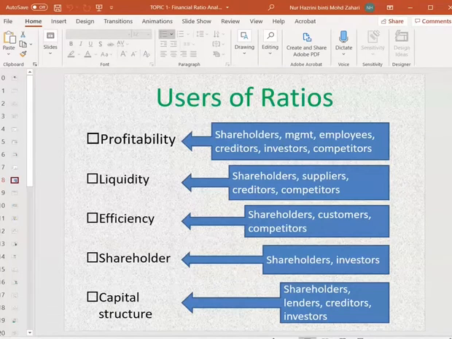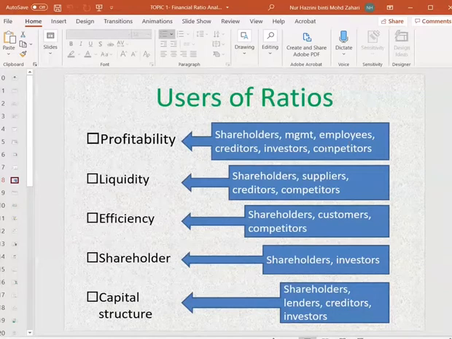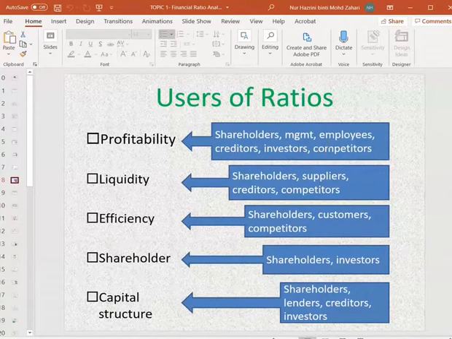For the creditors, they want to see whether the company is able to generate the profit to cover any interest on the credit or not. Investors are the same as the shareholders, and competitors, of course, want to see how their competitors are doing,